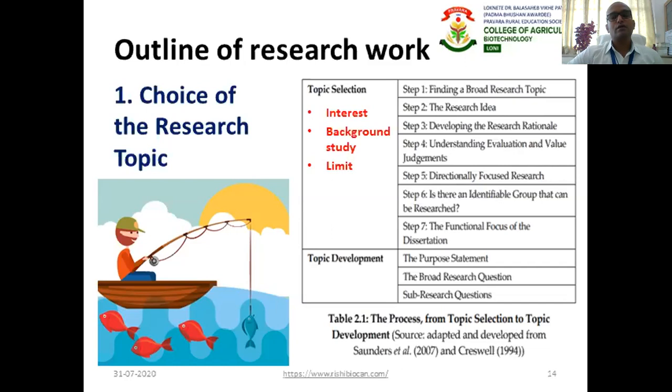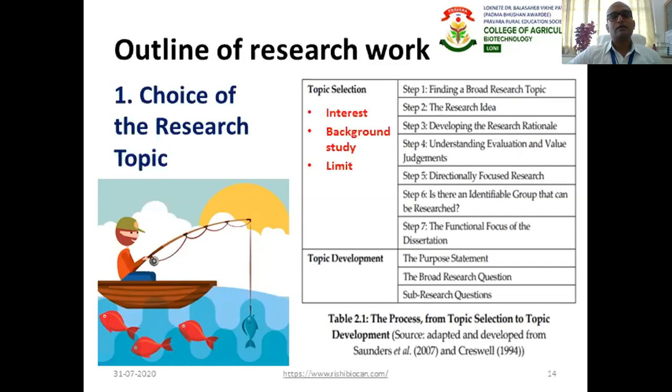Then the functional focus of the dissertation, step number 7. If you're an undergraduate student, you have only 6 months in your hand for doing a project. If you're an MSc student, you might have one year or 1.5 years. And if you are a PhD student, you will have 3 or 4 years.